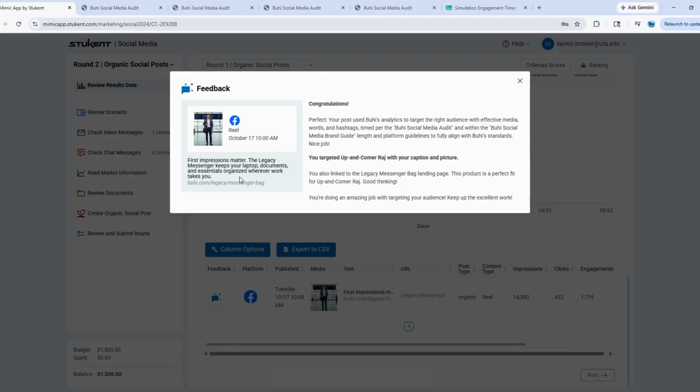So it shows me my post over here on the left-hand side, and it tells me that my post was perfect. I used Buoy's analytics to target the right audience with effective media, words, hashtags, timed per Buoy social media audit. So overall, nice job on our Facebook post.